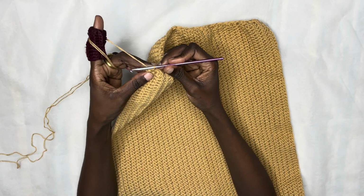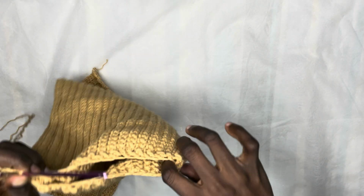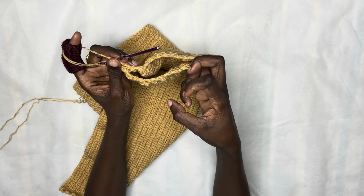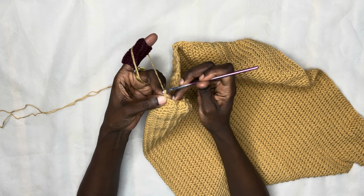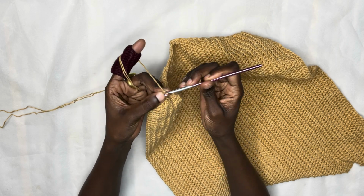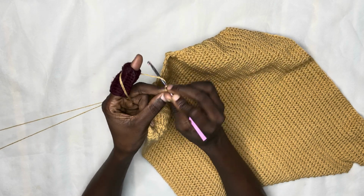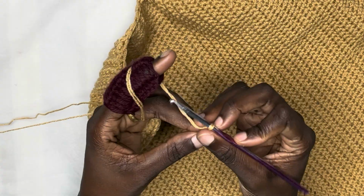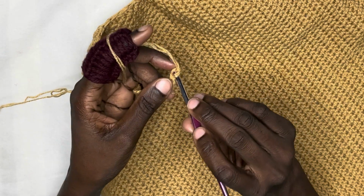I'm at the end of my row, chain 1. So this is how it's looking like. With slip stitches, this is going to reduce. All right, so chain 17. I've already chained 1, so 2, 3, 4, 5, 6, 7, 8, 9, 10, 11, 12, 13, 14, 15, 16, 17. So to start row 1, you're going to go in the second chain, insert your hook here,